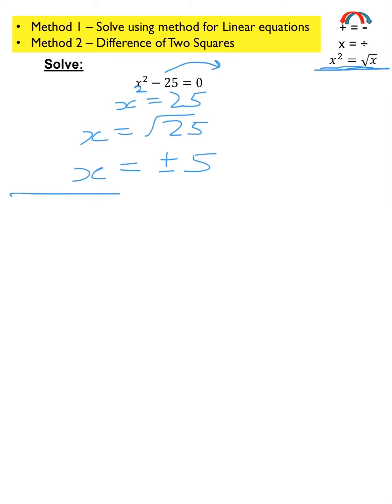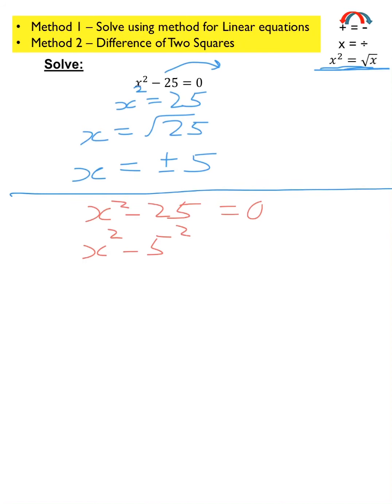Okay, let's do the second method for solving these. So we had x squared minus 25. I'm going to do the difference of two squares for this now. So I can write 25 as 5 squared. So now I can write it as x plus 5, x minus 5,